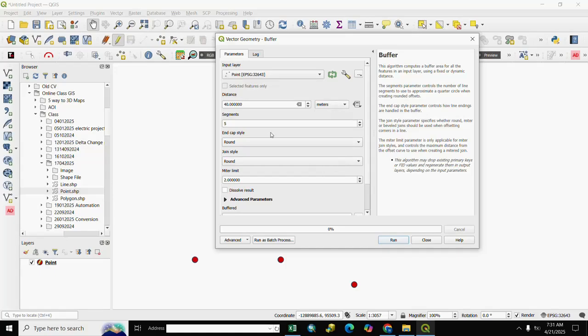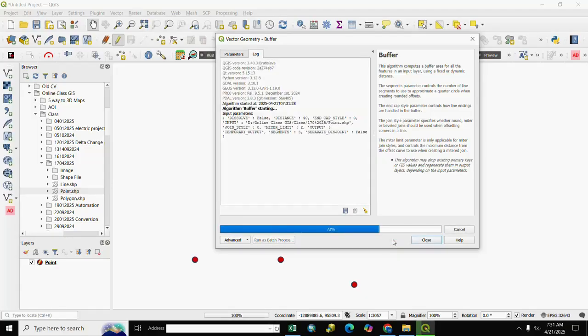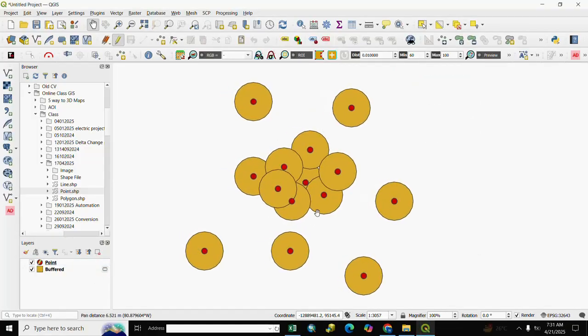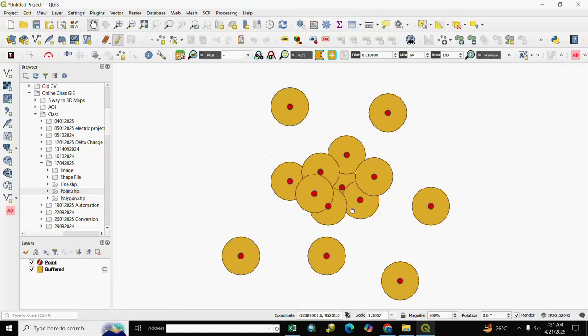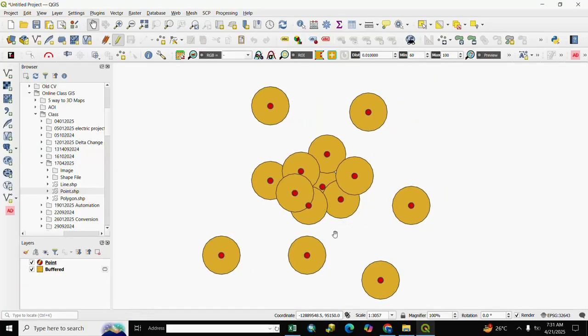We select meter, segments 5, and type round. If you want, you can select flat or square as per your requirement; we select round here. Join style is also round and miter limit 2, then OK. Our buffer is created. If you want to merge the buffer as per overlap, for merging overlapping buffers,